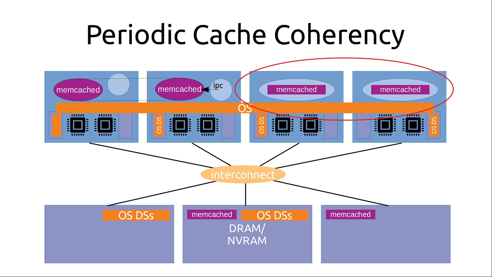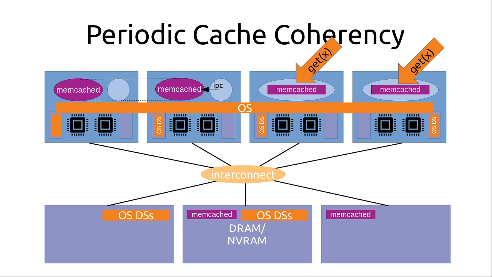Now, in both the left case and the right, we have a situation where we're optimizing for fast access to the shared memory. But that effectively only really works for GET requests in this case. So if we want to get a key X, then it can be very fast because both of the nodes on the right can get it locally. This applies to the nodes on the left as well. I just didn't draw the arrows.